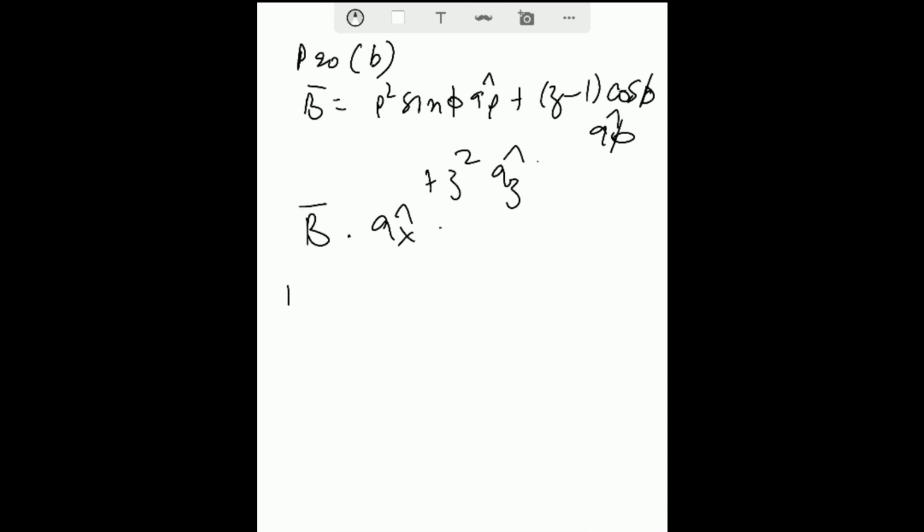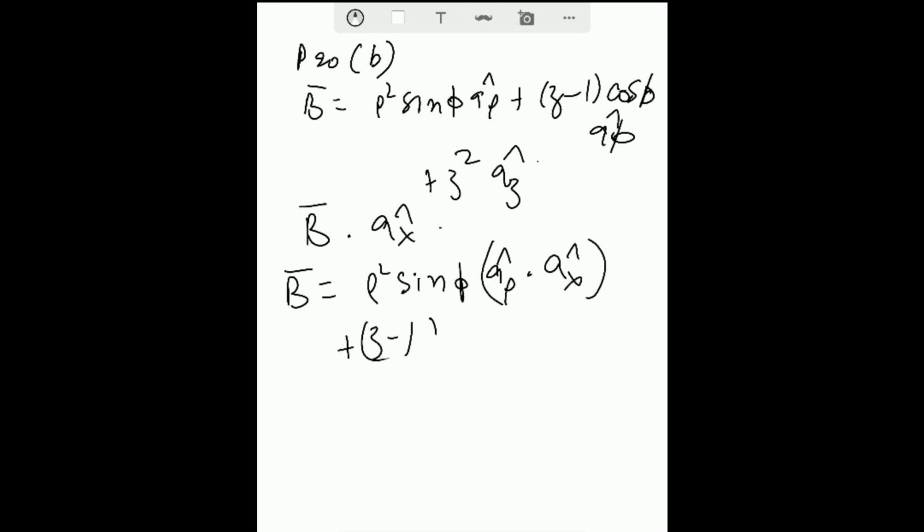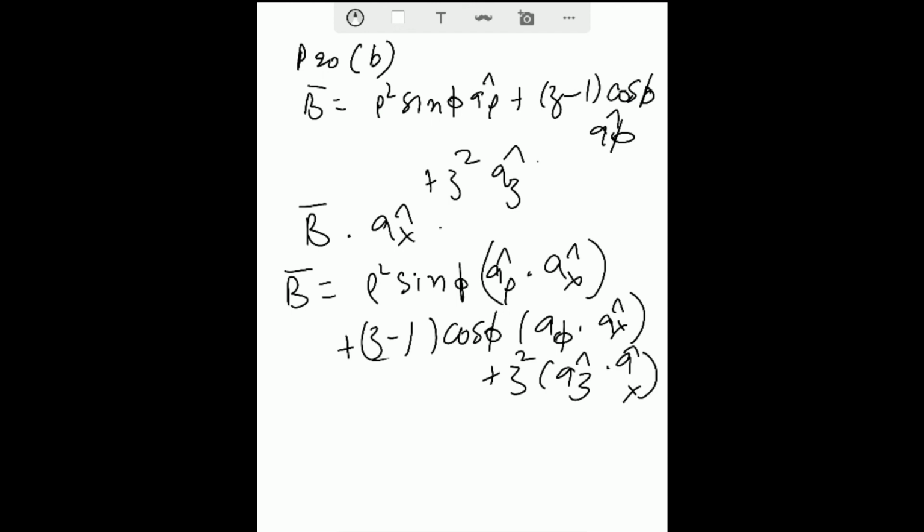So the best way to do it is to first write it in the form of the dot product: rho square sine phi a rho dot ax, plus z minus 1 cosine phi a phi dot ax, plus z square az dot ax, and then